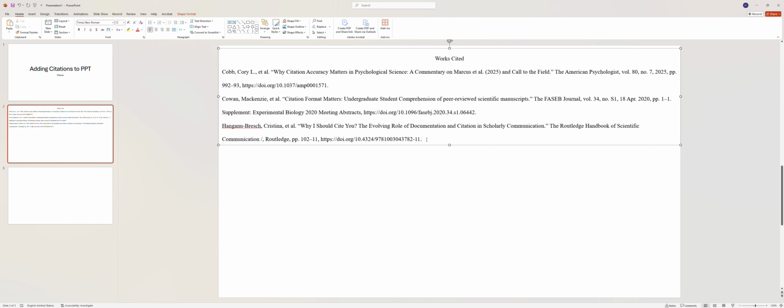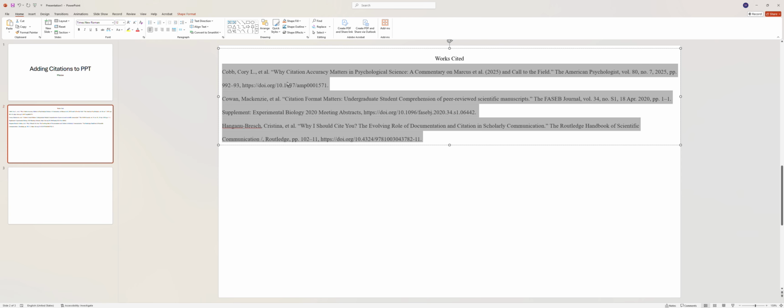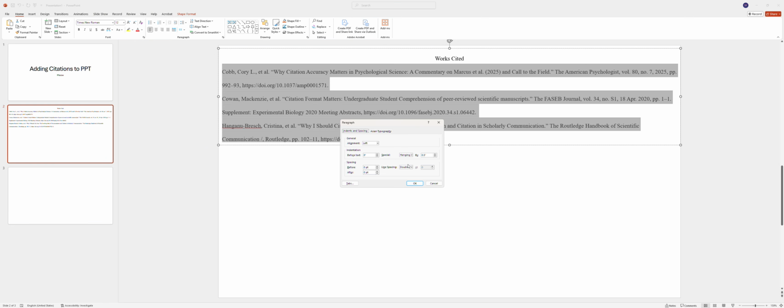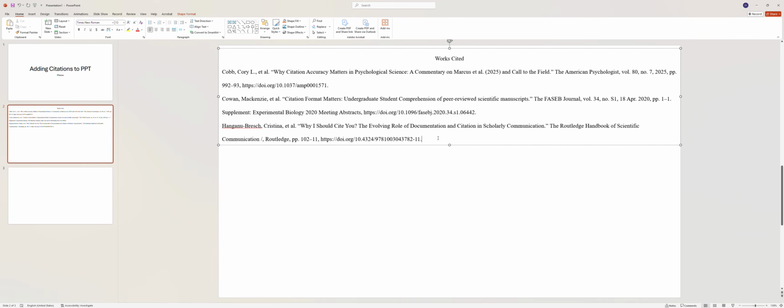But it didn't do the proper indentation. Let's see if we can get that to function here. So I'm going to go to format, hanging, double. Okay, so in this instance, it didn't copy through with that correctly, and so what I'm going to do here